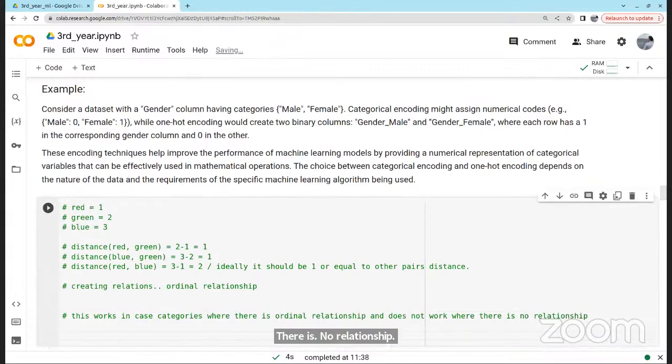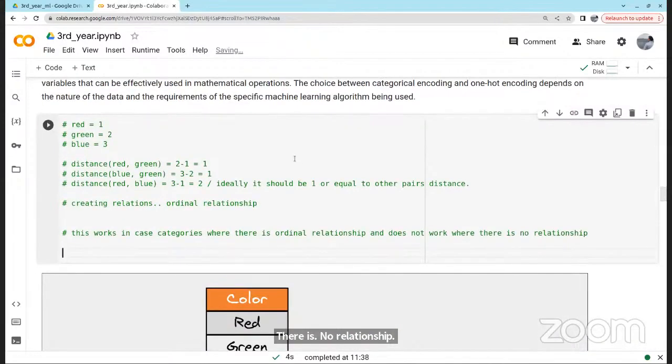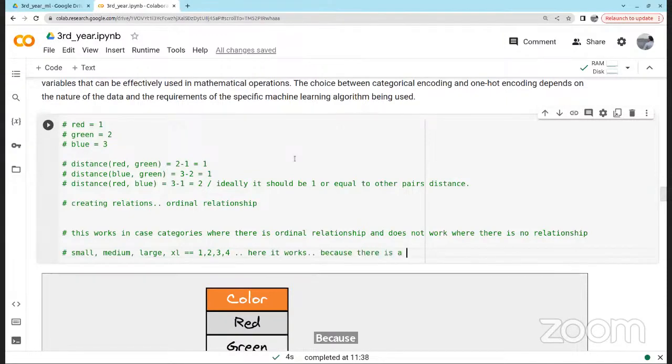Another example is your clothing sizes, maybe small, medium, large, XL, let's say. And then you give values as 1, 2, 3, 4. Here it works because there is already an ordinal relationship.